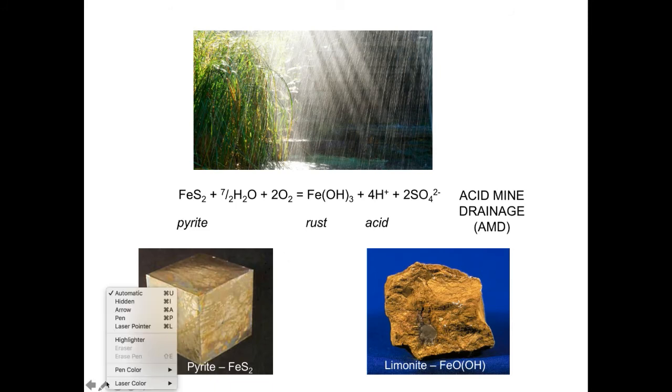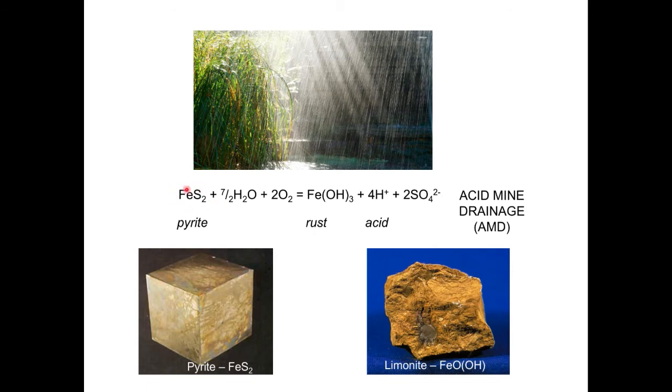And this is exactly what we see in lots of different types of ore deposits. So lots of ore deposits have the mineral pyrite, and pyrite I show here on the lower left. It has the mineral formula iron and 2 sulfurs, iron sulfide. And all I want you to take away from this reaction, you don't have to memorize it for the exam,